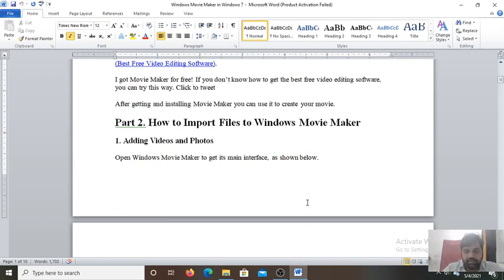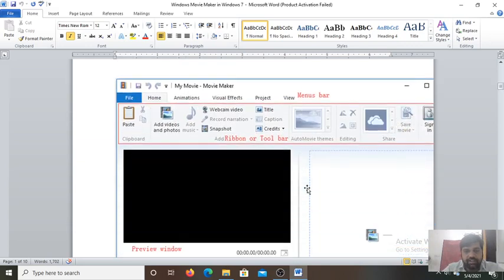Now, components of Windows Movie Maker. What are the different components of the Windows Movie Maker that I will show you? As you can see, this is the quick access toolbar. Here you find the quick access toolbar. Now you can see the undo operation and the redo operation. This is the title bar, this is the minimize button, this is the maximize button, and in the right most corner you find the close button, cross shape.